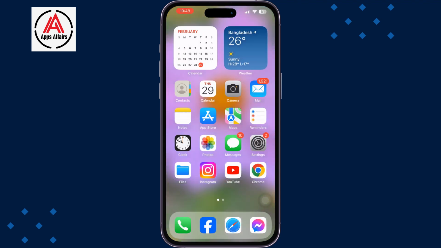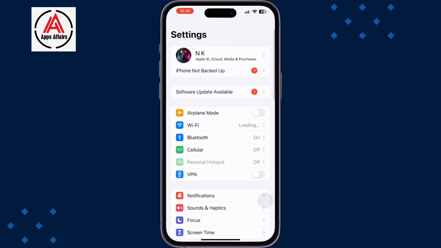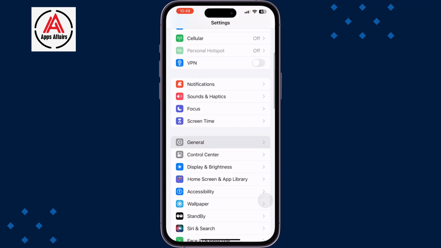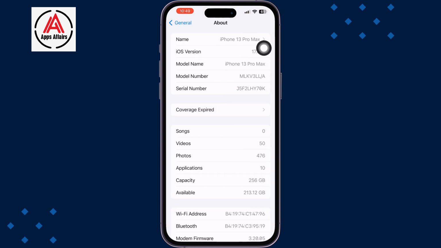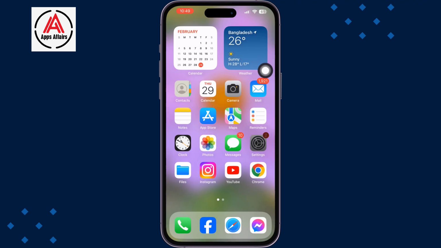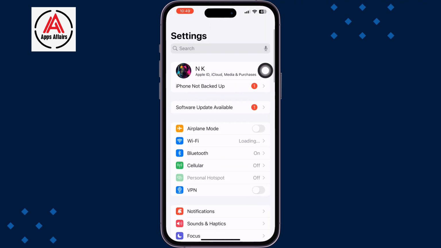First of all, you have to update your iPhone's iOS version. Go to Settings and tap on General, then About. As you can see, currently I'm using iOS version 17.3. Now go to your settings and just tap on